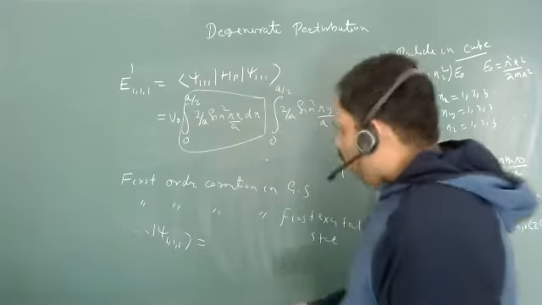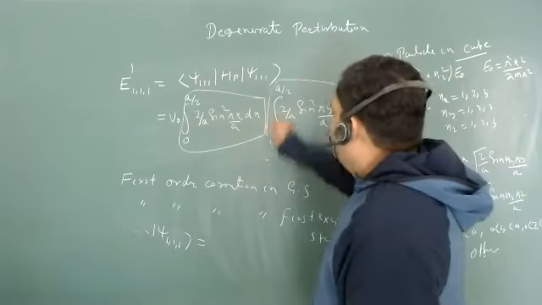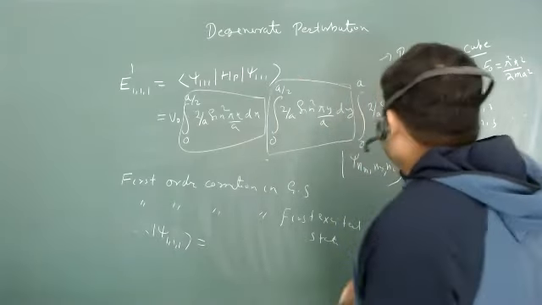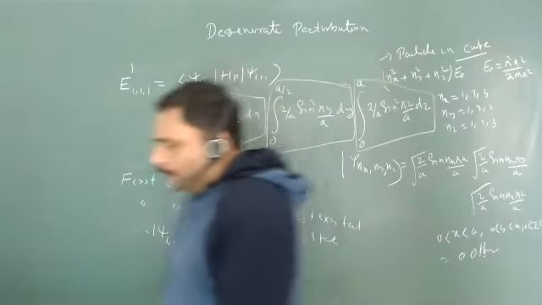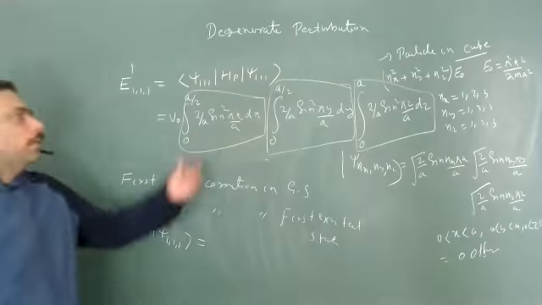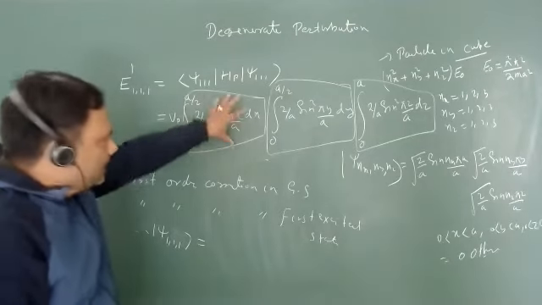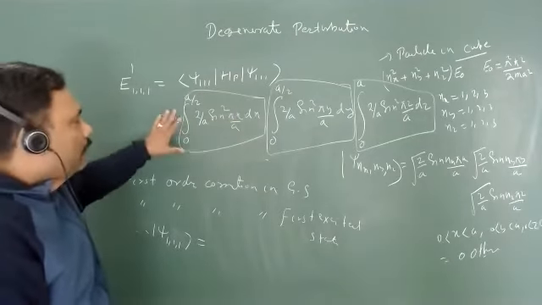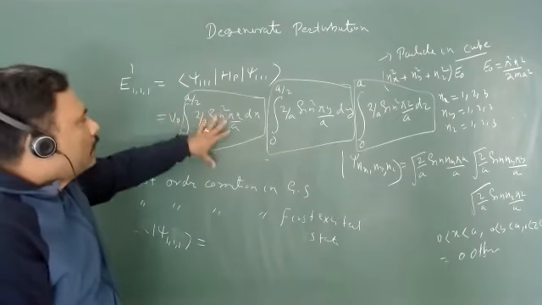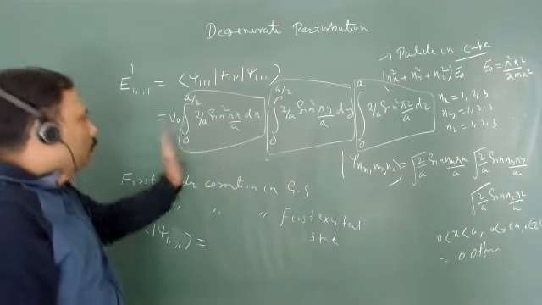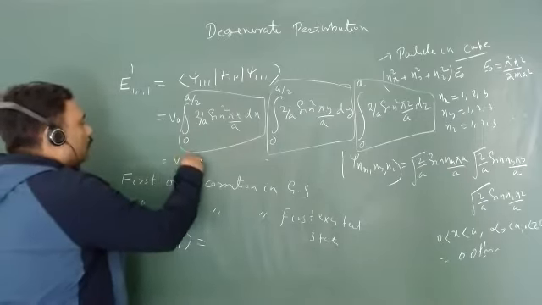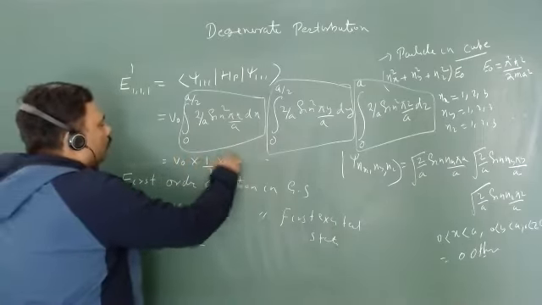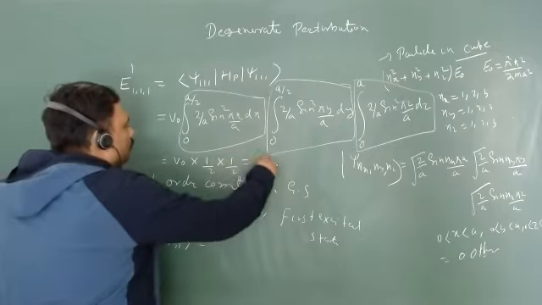By the way, what is this integral? 1 by 2. What is this integral? 1 by 2. And what about this integral? It is 1. Okay, because we know all the story. If you see this integral as a one-dimensional system, then this is the probability in the ground state from 0 to a by 2, and we know that feature. So this value is V naught into 1 by 2 into 1 by 2, which is equal to V naught by 4.